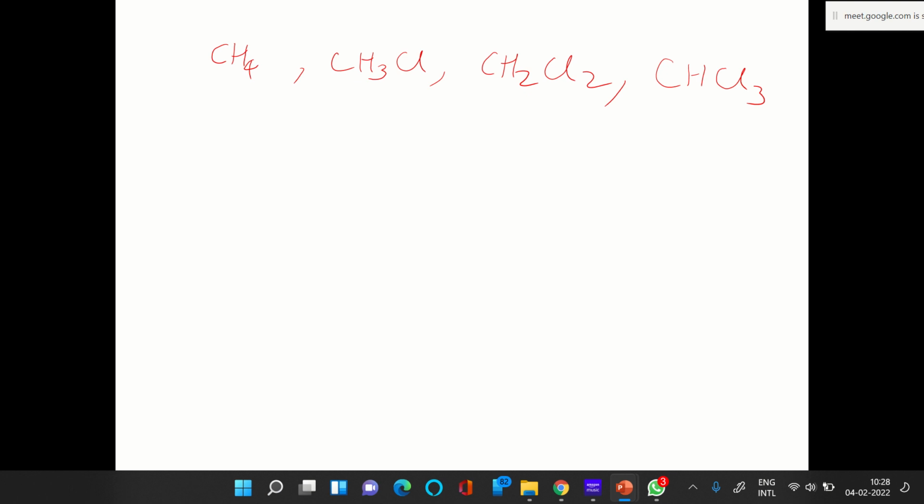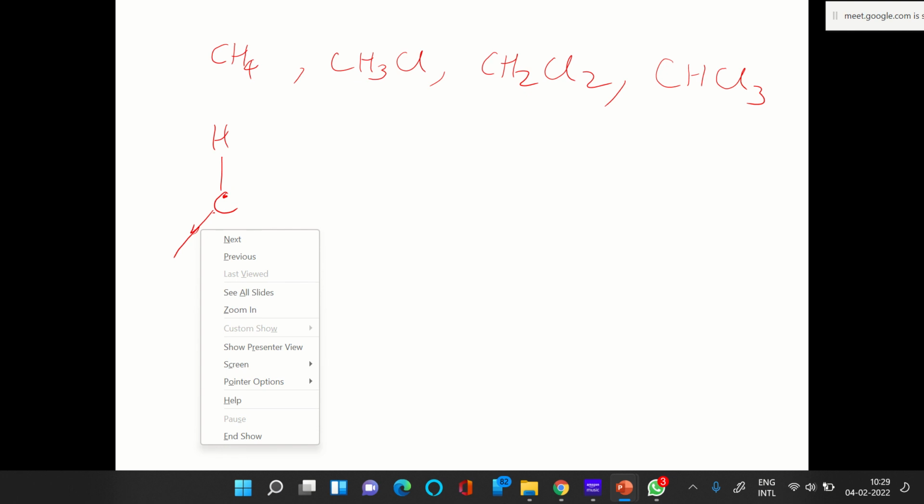So we are talking about this CH4. You clearly know that this is a regular tetrahedron. This is the structure that I told you to visualize. If you draw it, there are 2-3 different ways, one of which shows you like this, a wedge type to show that these are the bonds which are outside,